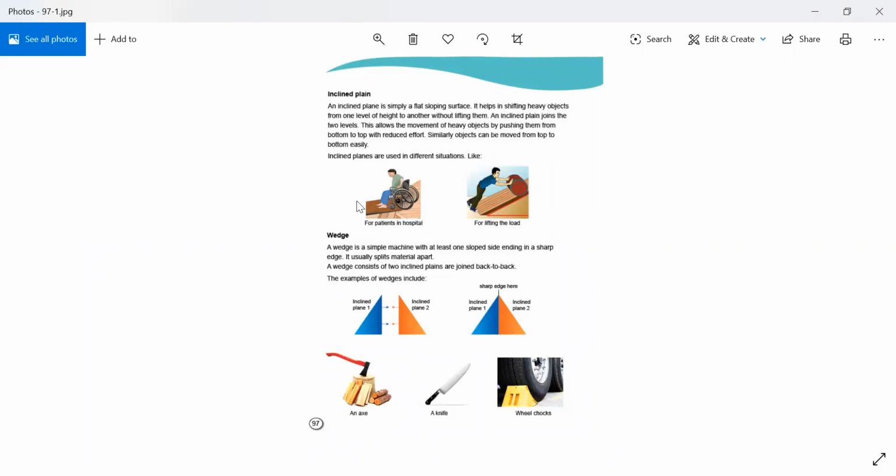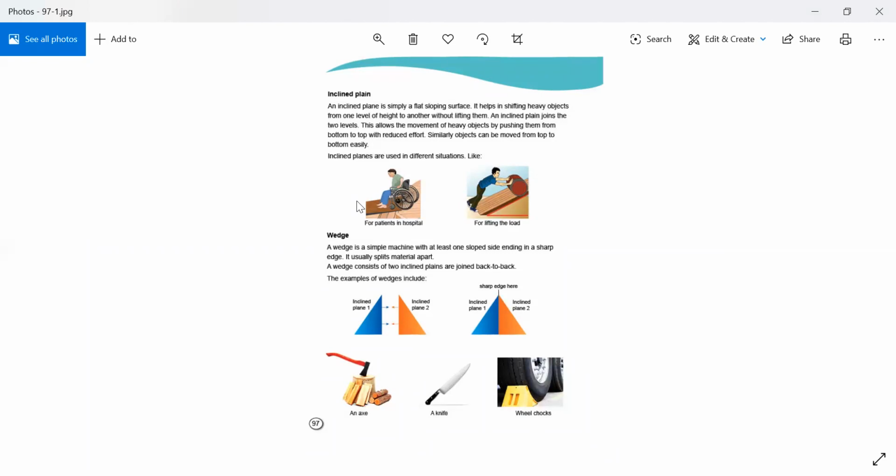Wedge. A wedge is a simple machine with at least one sloped side ending in a sharp edge. It usually splits materials apart. A wedge consists of two inclined planes joined back to back. The examples of wedges include,